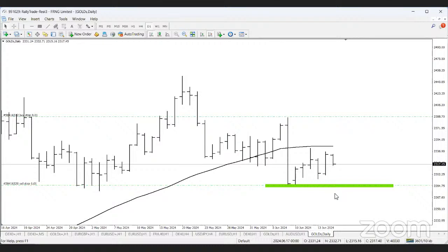All right. So that's the way I see gold. You guys just enjoy it. If you are selling, you are good. But if you are buying, you may be on the wrong side. That's the way I see it also. If you are buying, you may just be on the wrong side of the pool. Okay. That's the way I see gold. Now, let's move on to the next part.